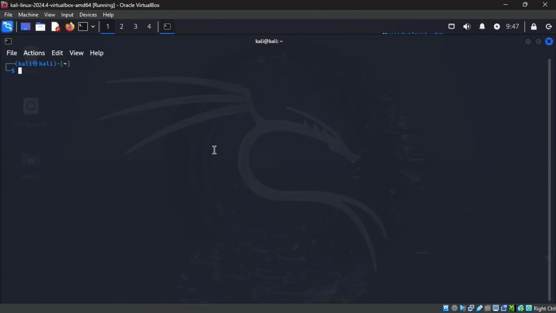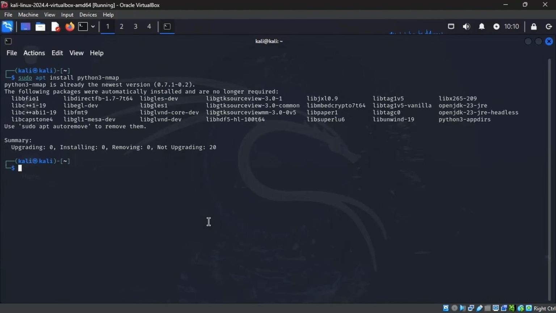So to get started, I'm going to open up a terminal on my Kali Linux machine and install a Python library that we're going to need. The library is python3-nmap, and to install it, I'm going to use the command sudo apt install python3-nmap. So now, with that library installed, let's start taking a look at how we can use Python to perform penetration testing attacks. I'm going to start an interactive session with the command python,